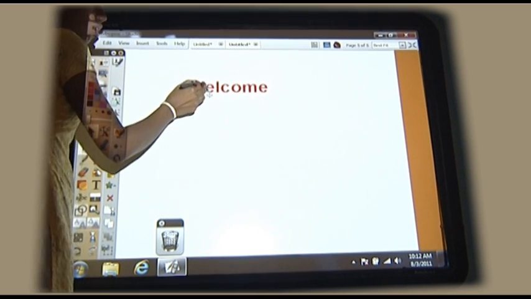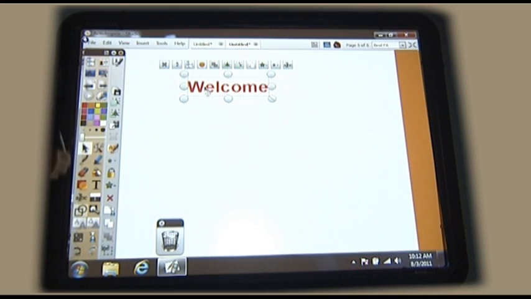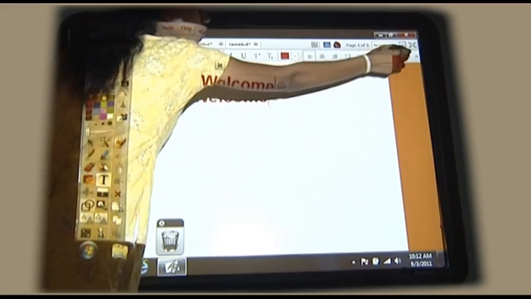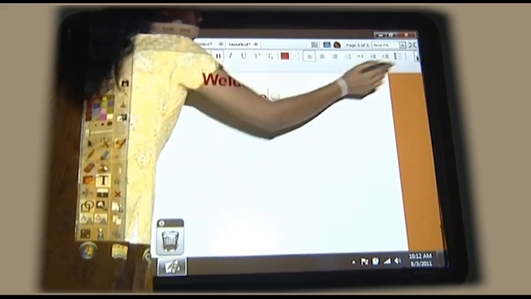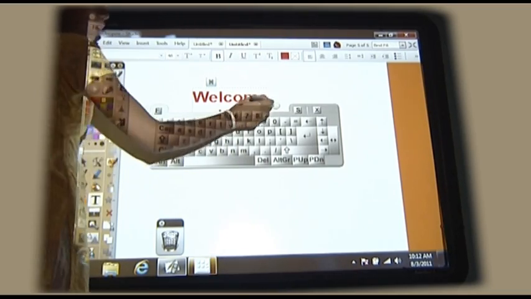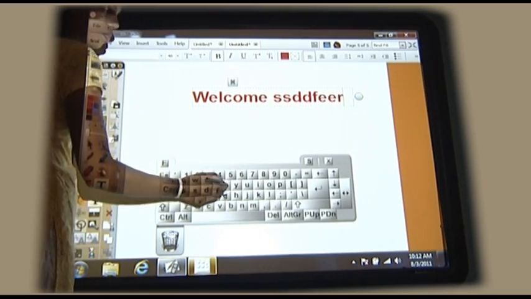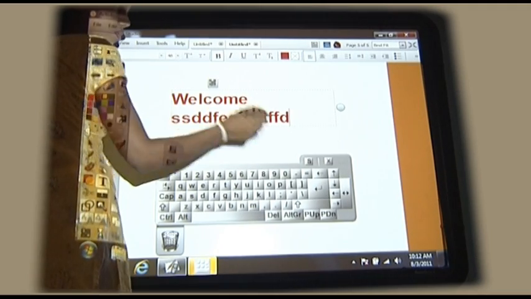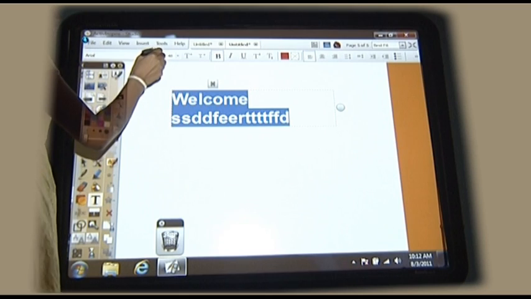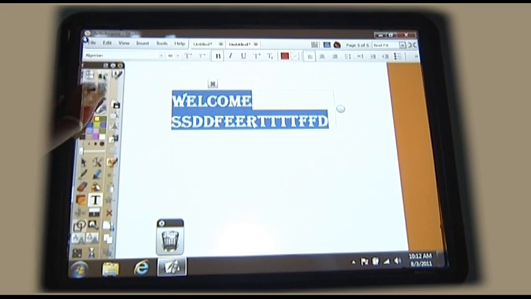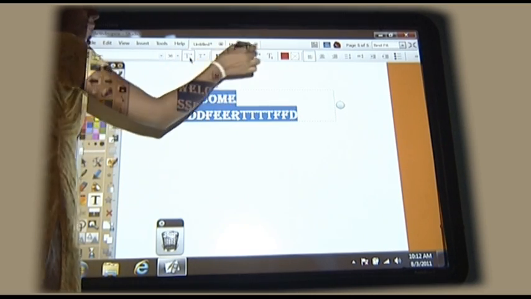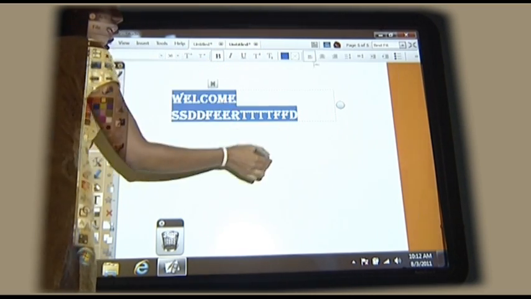I can drag the particular object, or if I want to add something to that, I can use the text tool. Instead of going to the laptop, I can have an on-screen keyboard over here and just go on typing whatever you would like to. When you have finished, if you want to change the text or the font, you can change the font, same as on our computers, where we have the keyboard. If you want to change the color, you can change the color.